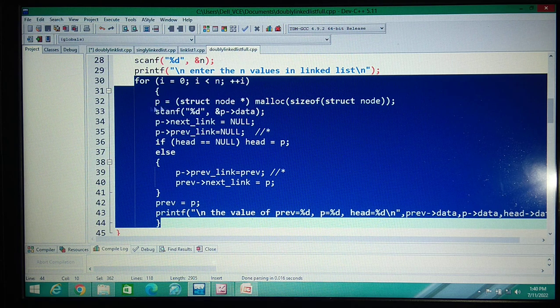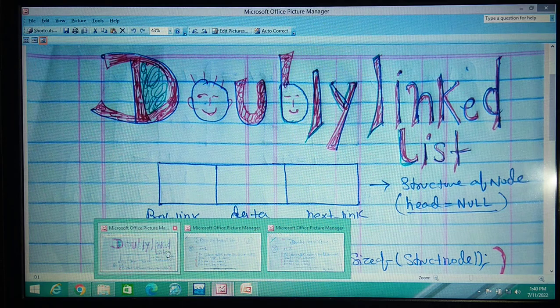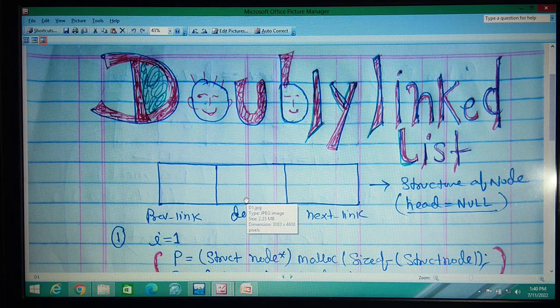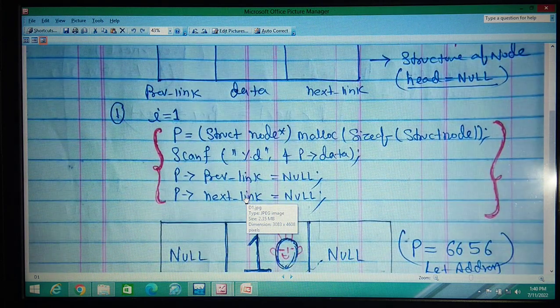In this program, if you know the previous program, we have added only one line for the creation of the nodes, and for display you do not have to change a single line. If you have done our previous lecture on the singly linked list, you have to add only one line, and the line is this. And one line is this, which you already know. Two lines we have added. Now we will explain.